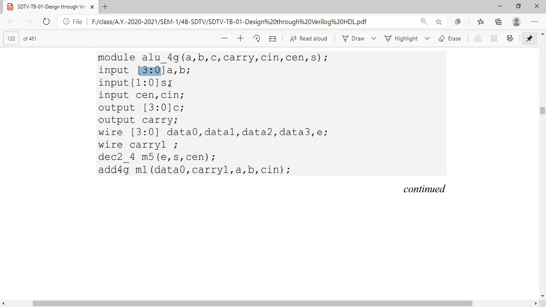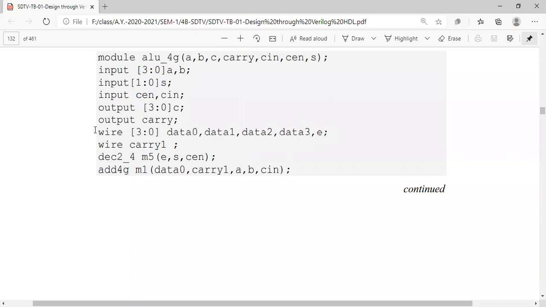Here we also have an output of carry. Why? In the first module, you can see we have used the full adders, and at last it is going to produce some extra carry. To store that we are using this, and for the same thing we require some carry input also, single bit. This is to enable that particular chip, so we are calling it CEN, chip enable.